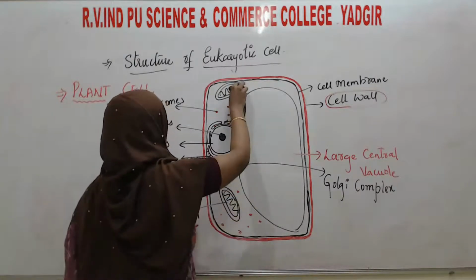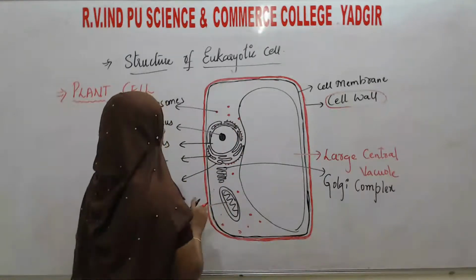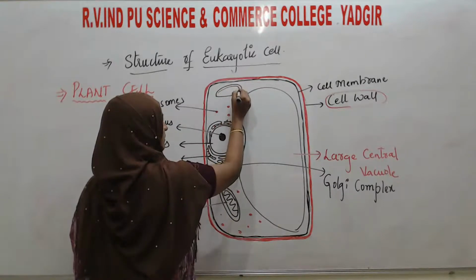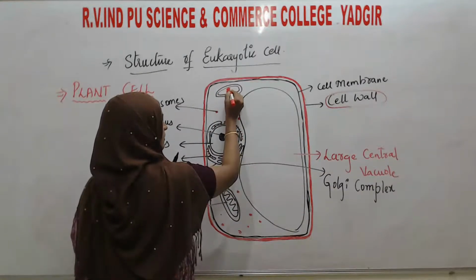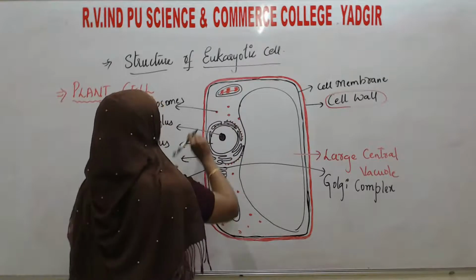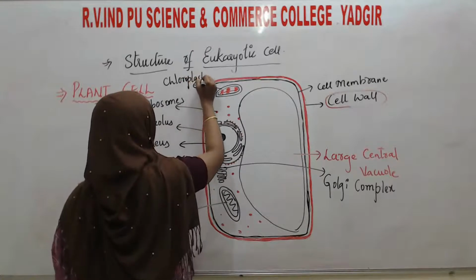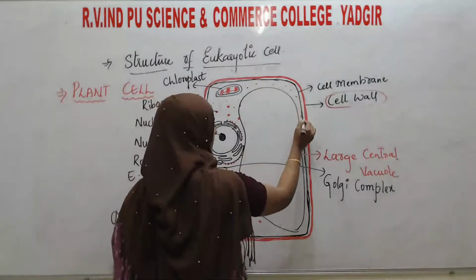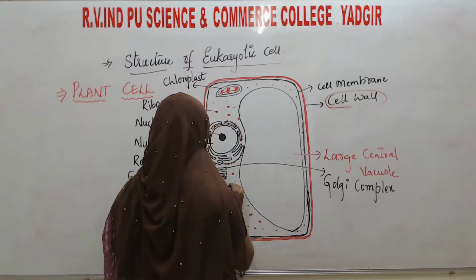Here I will draw. This is also one of the double membrane bound cell organelles. What is it? We can call it the chloroplast. And all over there is a presence of a fluid matrix. What is that fluid matrix? This fluid matrix is known as the